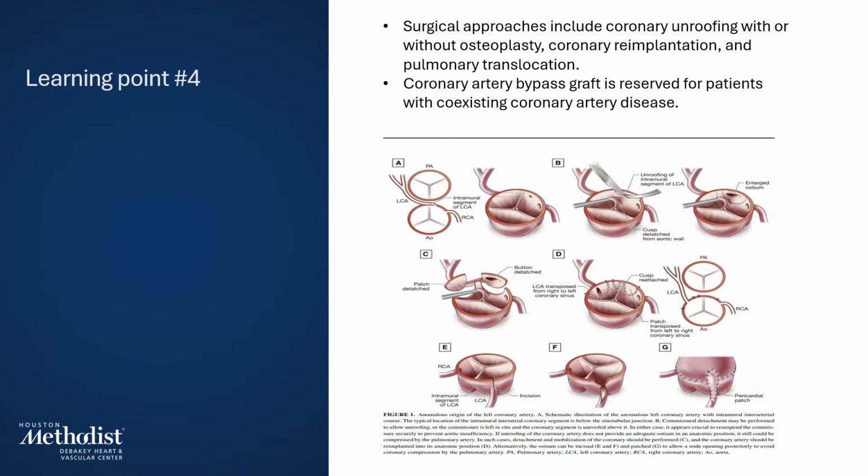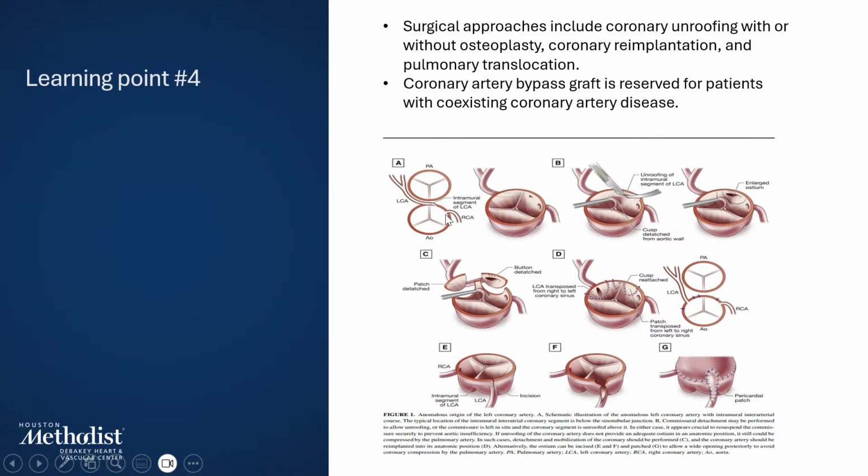When it comes to surgical approaches in these patients, this includes coronary unroofing with or without osteoplasty, coronary reimplantation or pulmonary translocation. Coronary artery bypass graft is reserved for patients with coexisting coronary artery disease. So this figure shows the possible surgical interventions. So the A, as you see here,